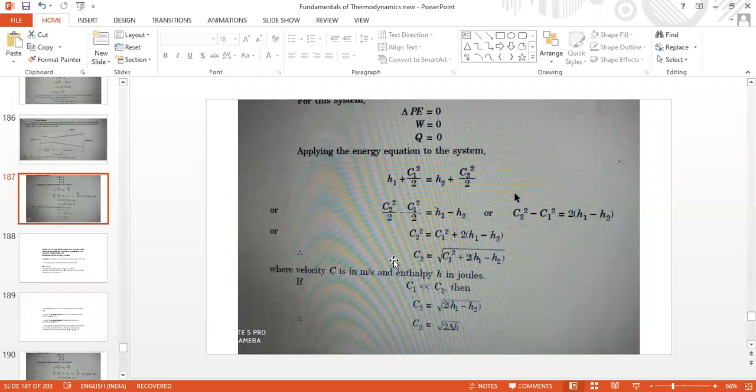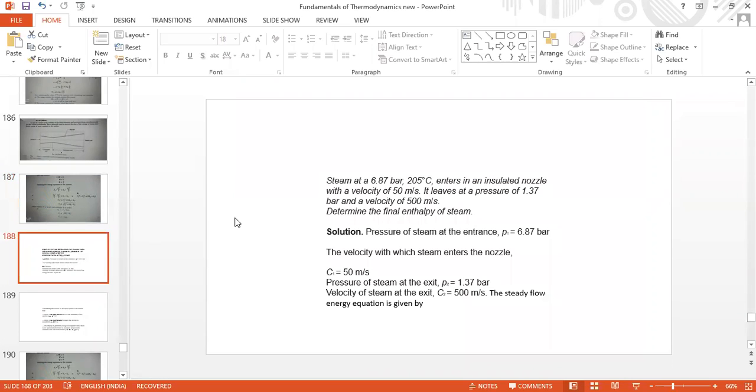And these aspects, the velocity at inlet, enthalpy, all these you will understand when you take a problem. For example, you take this problem. Normally in the examinations we come across problems, and they are easy to handle because everything will be there in the problem. The only thing is just to substitute in the equation.